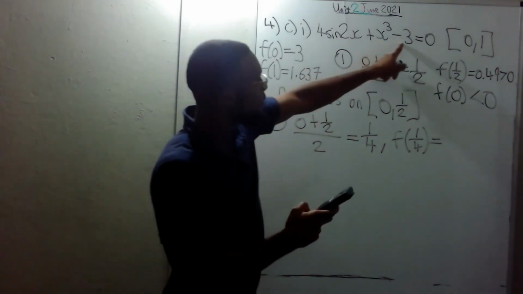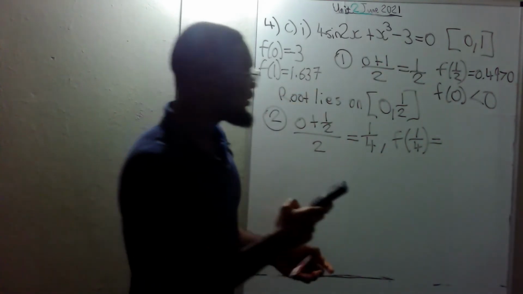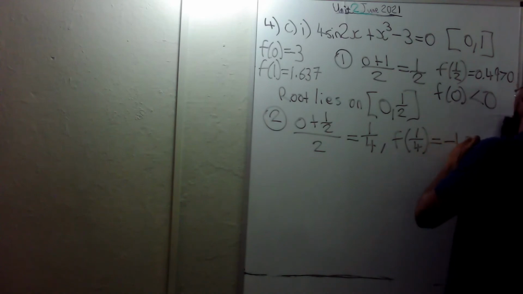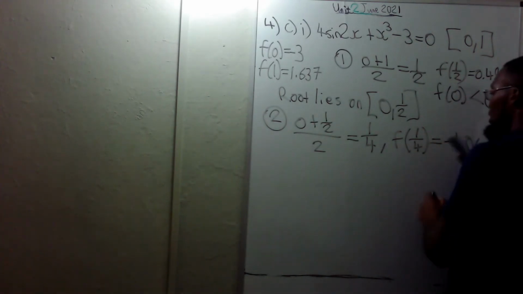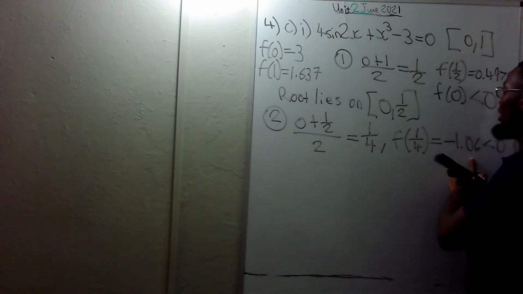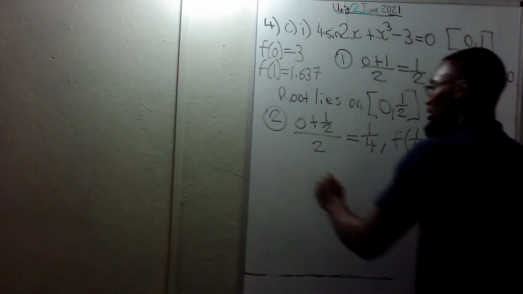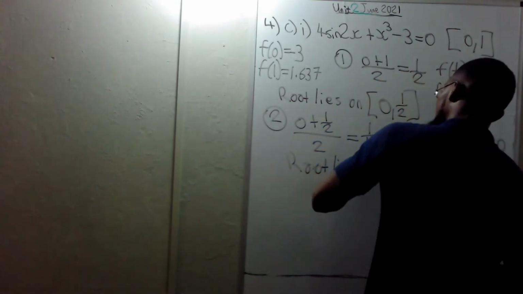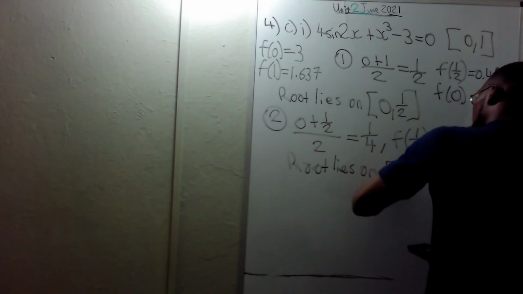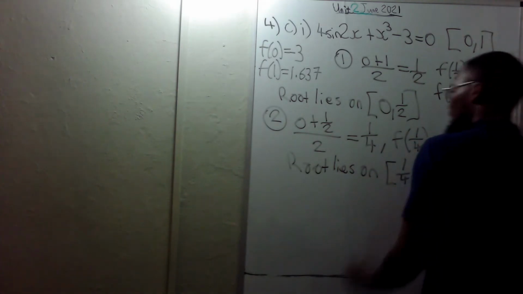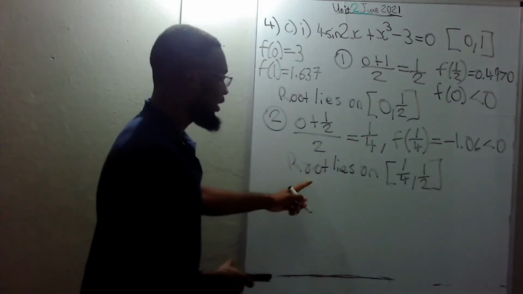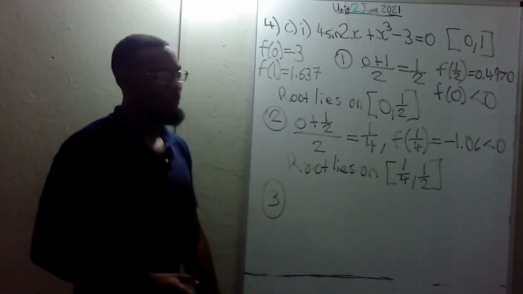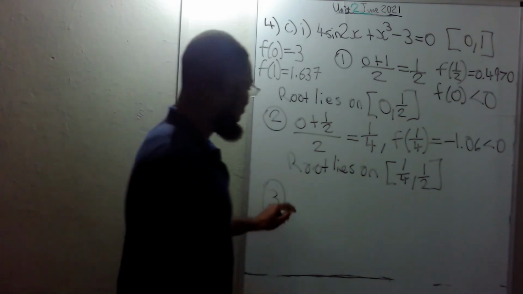so 0.25 cubed minus 3. We put that in our calculator, we get negative 1.06, which is less than 0. Since this is less than 0 and half is greater than 0, therefore the root lies between a quarter and a half. Now, remember I said only 3 bisections we should do. So the root is